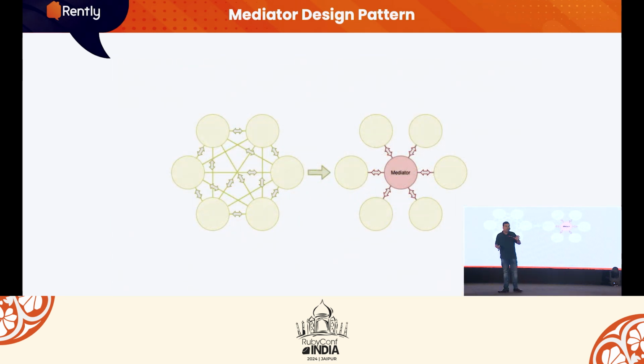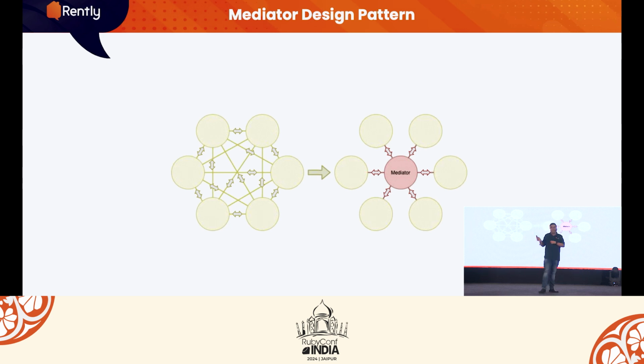So we talk about airport, flight, etc. Now you can think the airport is your Rails application and flights are components. On the left hand side, the flights are communicating with each other directly. So in this scenario, you can see that all the components are communicating with each other directly. And in this scenario, if there is any new component added or you want to modify, it creates a lot of impact, right? Because it's tightly coupled.